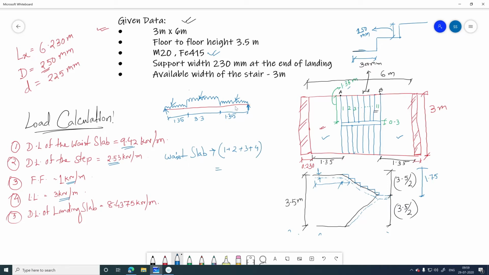And to determine the load which is coming on the landing slab, that will be this one, dead load of the landing slab, live load, the floor finish, and nothing else, because the dead load of the steps and waste slab is only for the waste slab. Okay, yes, so landing slab if we determine, that will be 3 plus 4 plus 5. So the value we get, that means the total load which we get after determination of the landing slab, that is